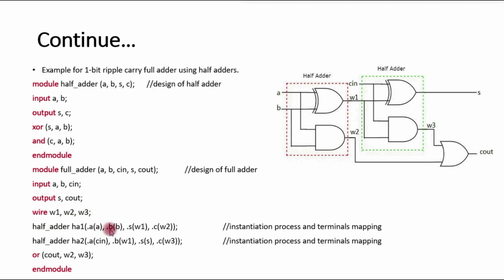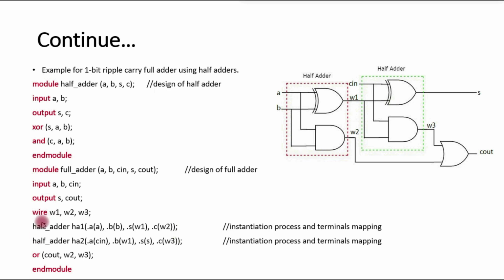Now we are calling the half adder. We have given the half adder the module name half underscore adder, so the same name should be reflected here, half underscore adder. Otherwise it will not generate the logic function. Here we are using two half adders. So we have labeled these two half adders. This one is HA1, half adder 1, and this one is HA2, half adder 2, for better understanding.